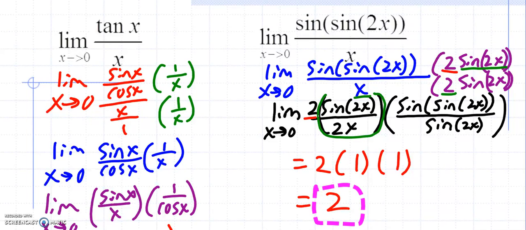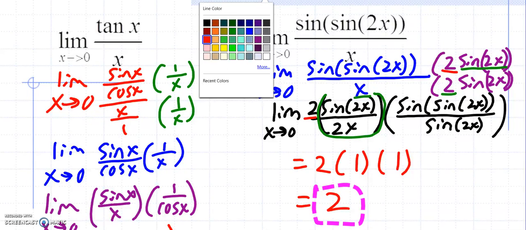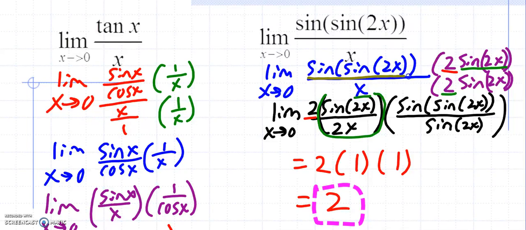And then let's use this maybe. Then this sine of 2x and this sine of 2x become